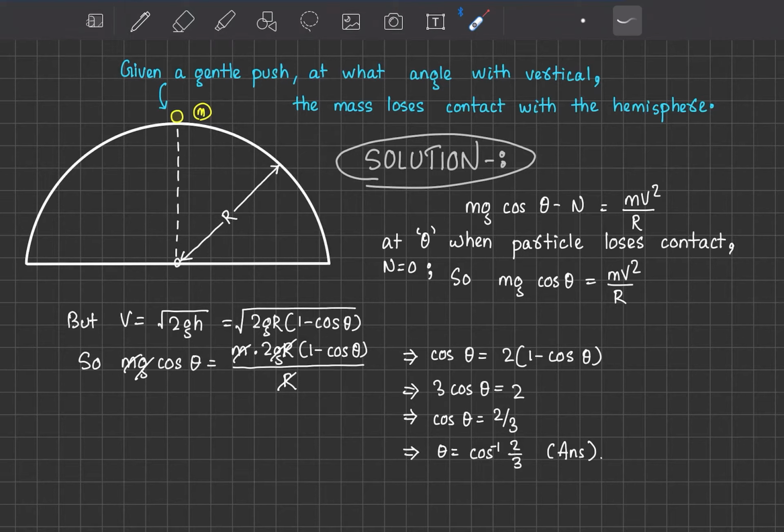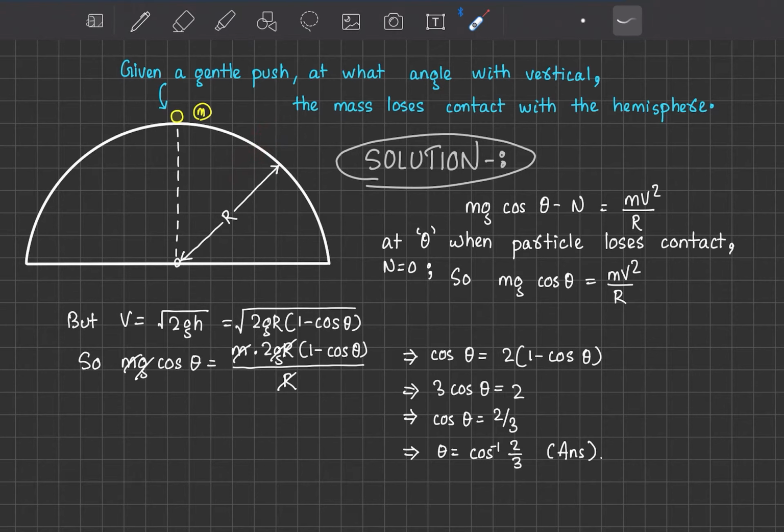Practically also, if we imagine, we have seen that some particles will slide and at some point they will leave the circle. They will not stay attached to the circle all through the path. They will not reach the horizontal position while entirely attached to the hemisphere, right? At some point they will lose contact and they will fall like this. So we need that point where they lose contact. That has been asked of us. So the first and foremost thing we need to know is that if a particle loses contact with the bowl, it means the normal will be 0.